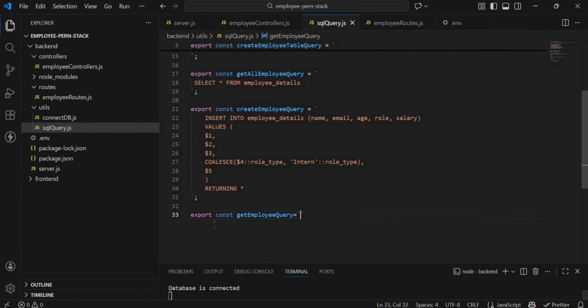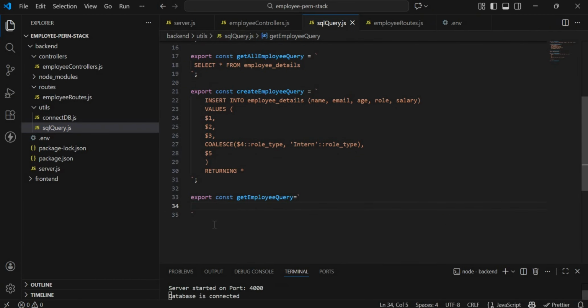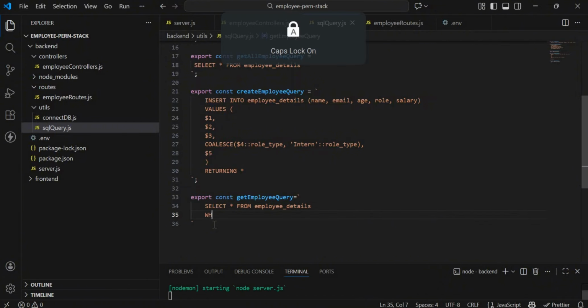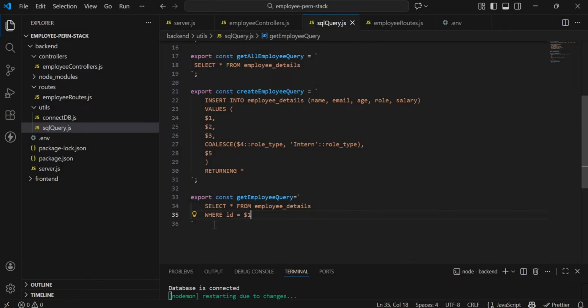We'll have our backtick, press enter, select all from our employee details table, and then we'll pass the ID. So where ID equals 1. Okay,